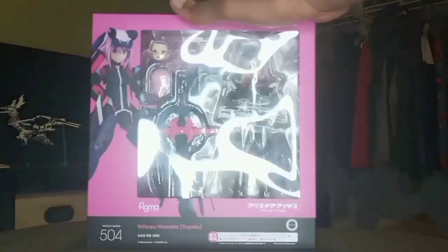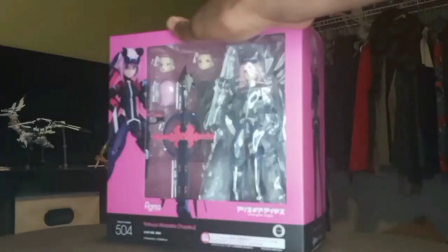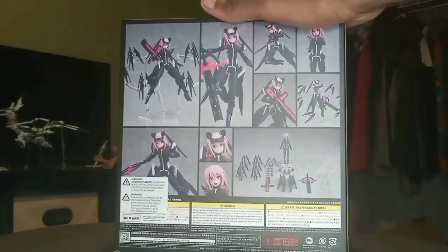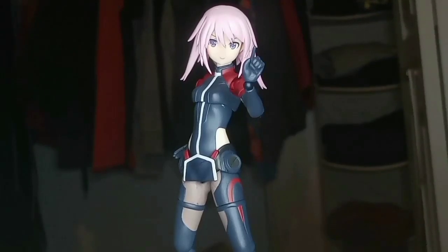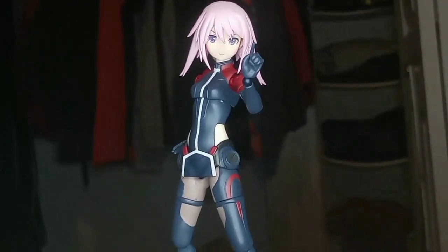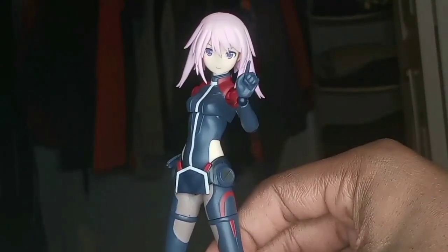This character, I don't know who this is, but this looks like it'll be fun. And here she is out of the packaging. And you know what? For starters, already a step in...